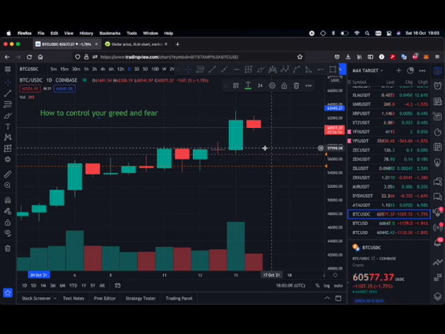So what you do is that when you have your own trading plan, right? You have a good signal, you have a good fundamental news to support that trading signal that you're trading. Then you have your own trading plan. You already apply your trading plan into that particular position that you're opening. Then the next thing you have to do, like it says in the trading plan, is be patient.